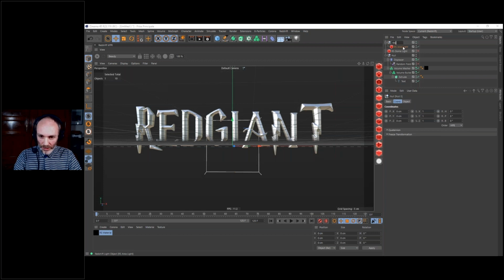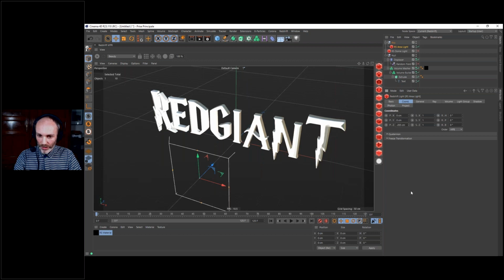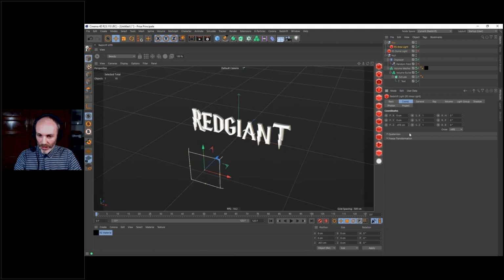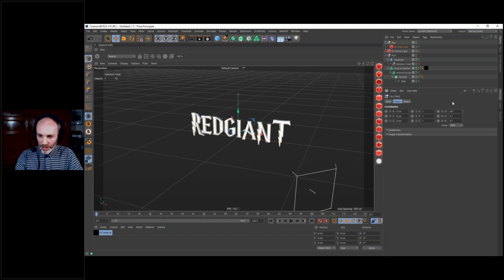Okay, now we're going to take the area light. I'm going to move it along the Z axis. Okay, the Z axis is always the direction where the light is going to shine. I'm going to put it around this distance. Okay, so now we still have our null object in the center of the scene, which allows me to rotate it exactly the same way I did with the dome light. So this way I have a constant length between the light and the object.